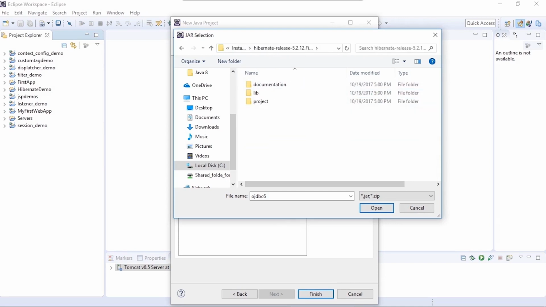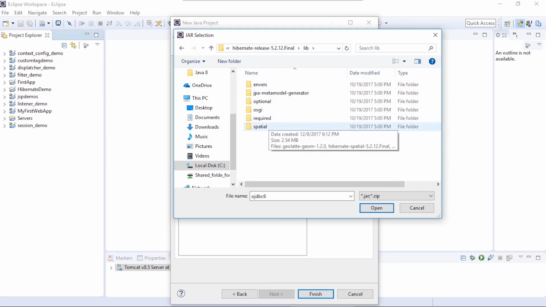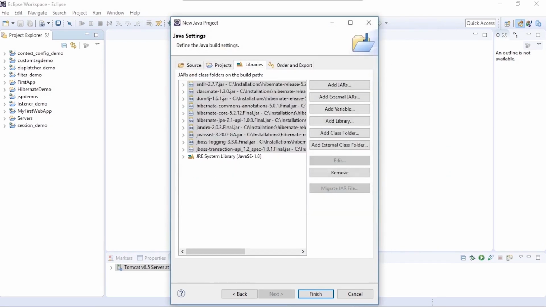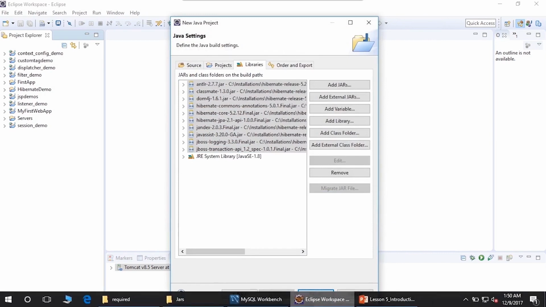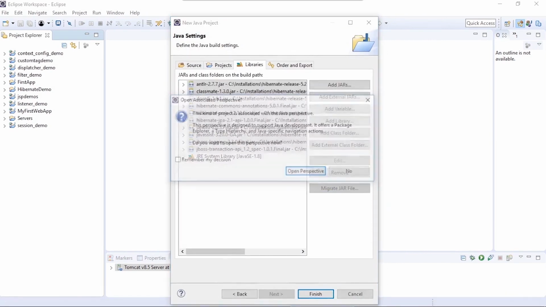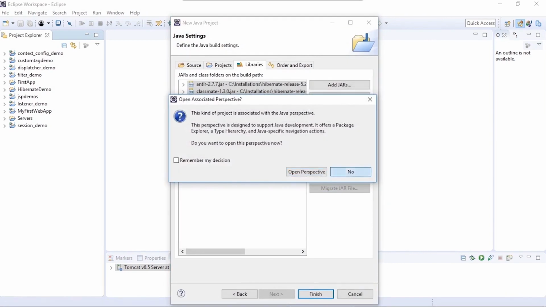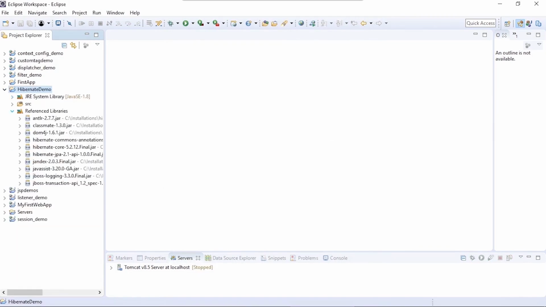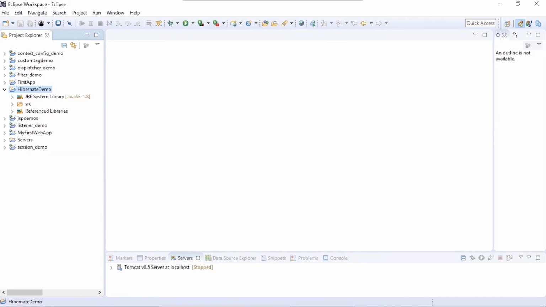So I'm moving to the Hibernate folder first. We'll go to our lib folder, and inside that required, and we will select all the files and open and say finish. Okay, so it would have added all the references, as you can see here. So the libraries, the correct references have been added.